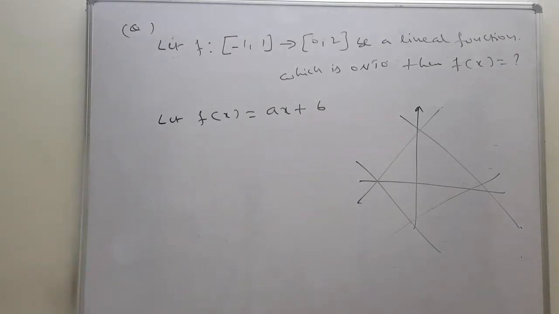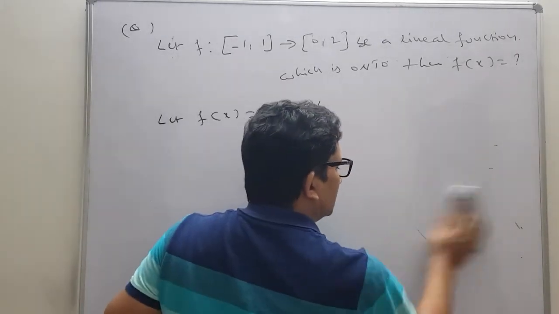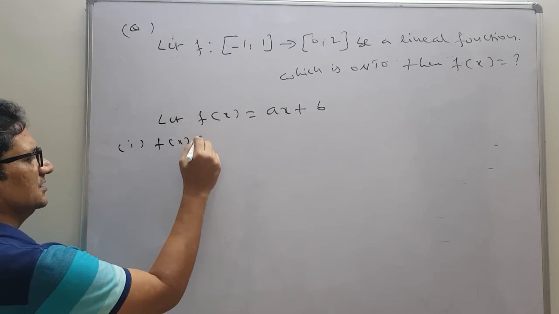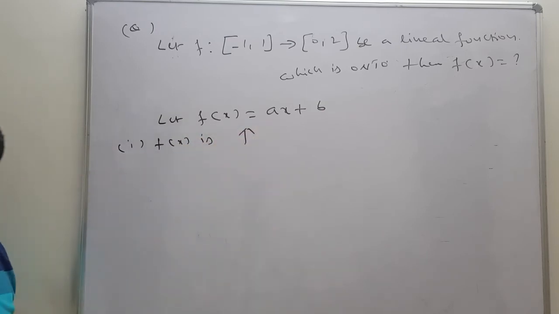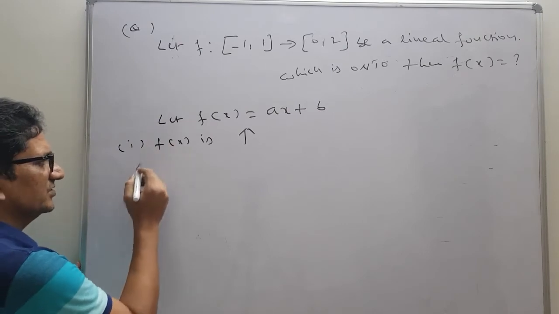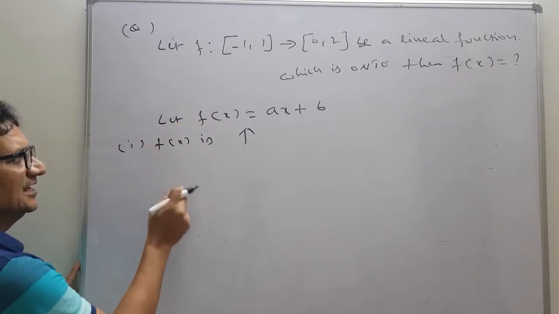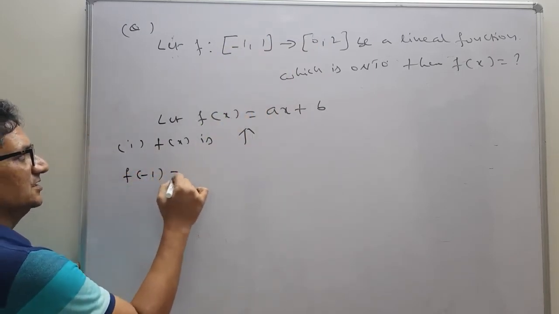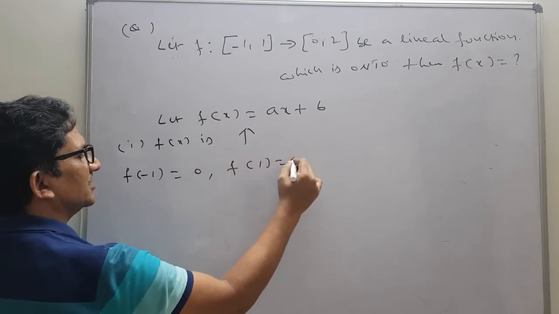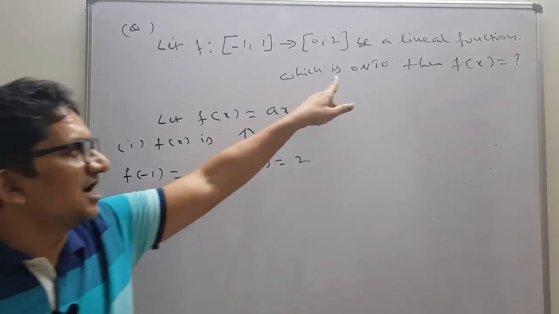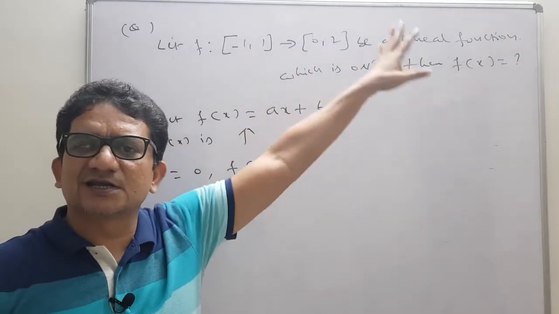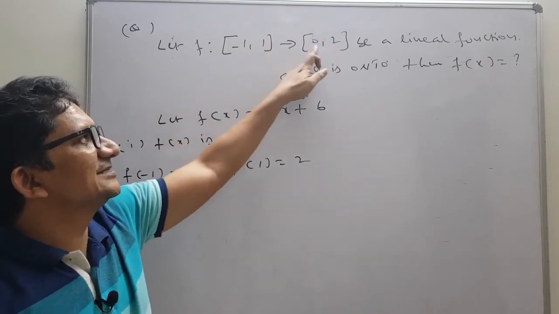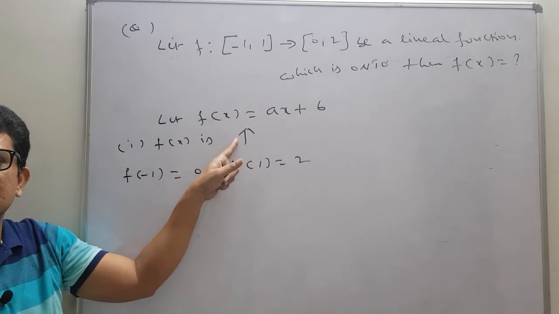See. So first case, we will write f of x is increasing function. Now when f of x is increasing function, now we will check what is the range of this function. See, range we can calculate with the help of these 2. So that is f of minus 1 is equals to 0 and f of 1 equals to 2. Because the function is onto, that's why codomain is automatically range. When you give the minimum value, here you will get this value, maximum value you will get this value. As this substitution we are doing because we have taken the function as increasing.